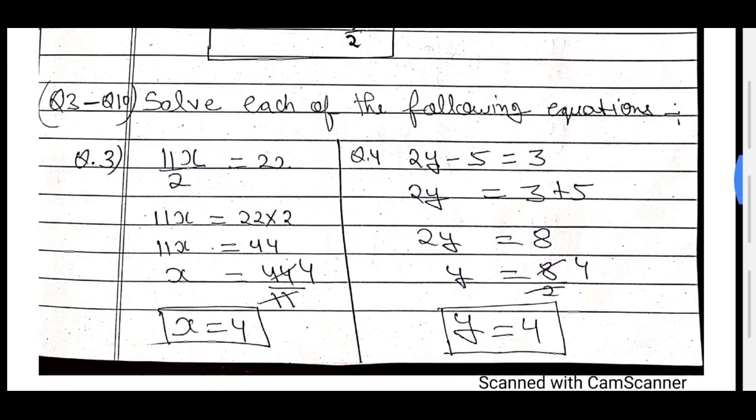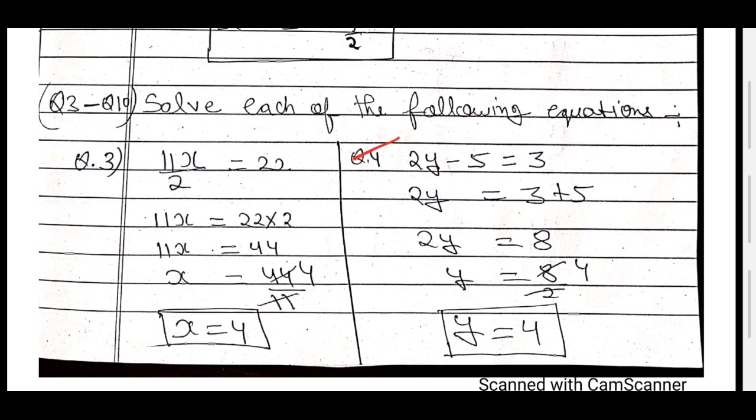So you have to find the value of what? Y. So just move this 5 to this side. Here minus, here become plus, it become 8. Now 2 is multiply. When move to this side become in divide. When you cut 2 1 is 2, 2 4 is what you will get? 4. So 4 is your answer.